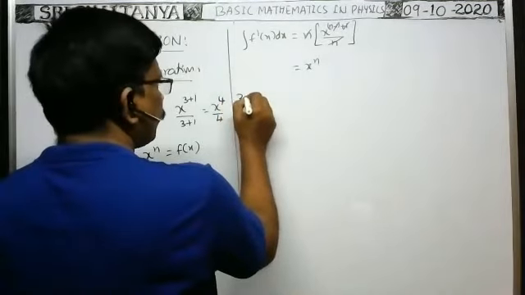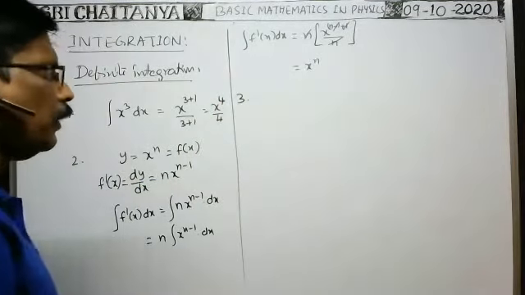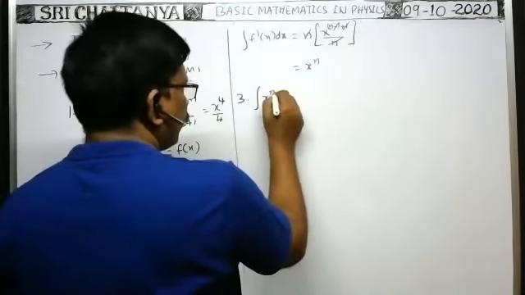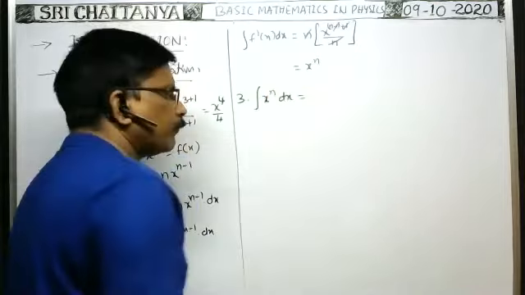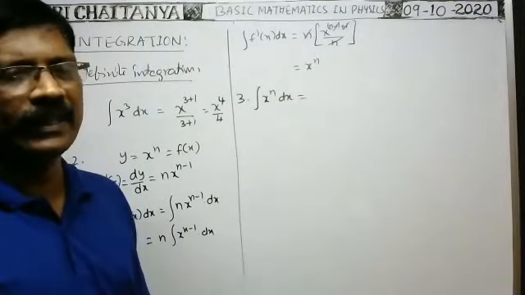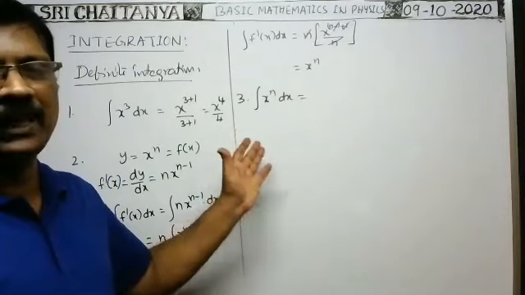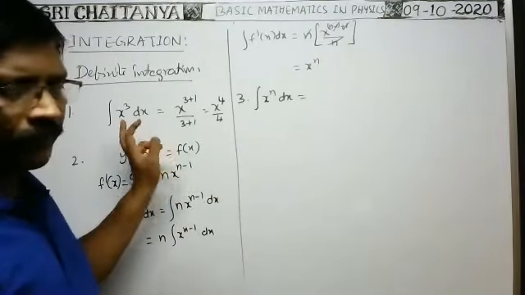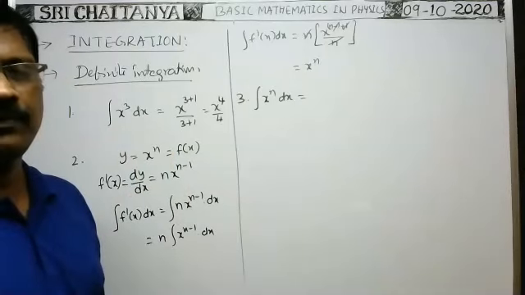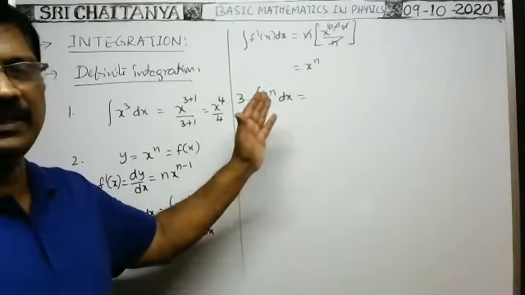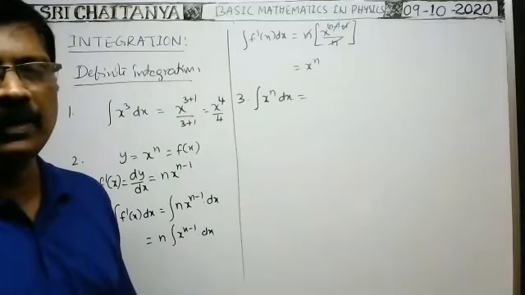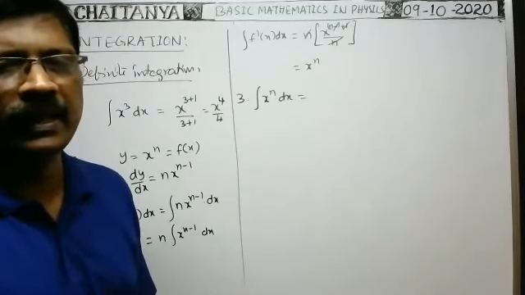From this, now you tell me, based on this one, here suppose integral x to power of n dx is there. How we can write? Tell me. Integral of x to power of n dx is there. After integration, what is the value you will get? You tell me. Based on this concept. When integral x to power of n dx is there, how you can write this one? You tell me. You respond. x power n plus 1 by n plus 1. Very good, Sai.